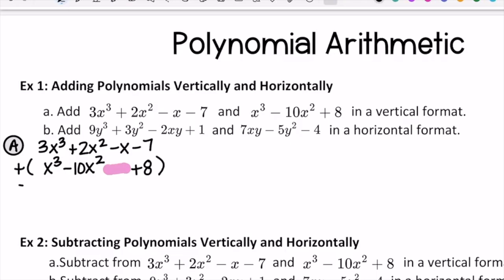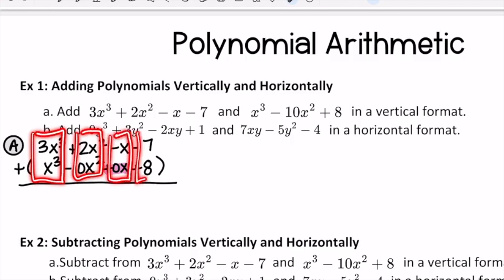We aren't actually adding anything together. If it helps, you can put a placeholder and put 0x just to make sure everything is in its appropriate spot. So once we do that, we're just going to go column by column. So we're going to do the cubes, the squareds, the single x's, and then the constant, and we're going to